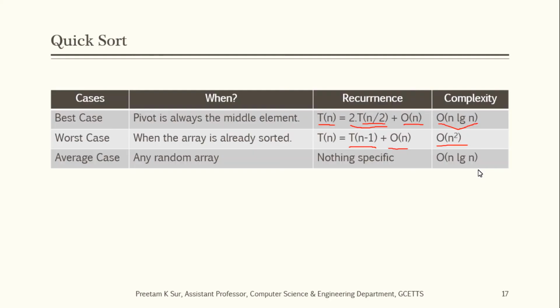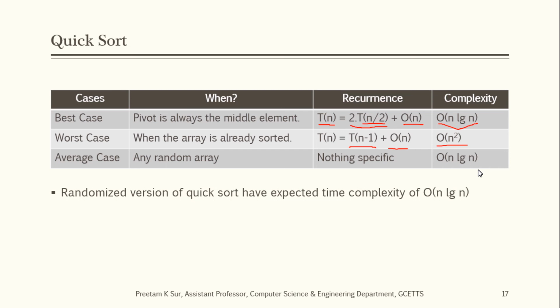That's why quicksort is generally preferred over other sorting algorithms. You can also say that merge sort or heap sort also take order of n log n time, but the constant factor in those algorithms is higher. You can understand that in merge sort we have to allocate external memory for placing elements to and fro, right? So that is going to take some time, which is again a constant factor. So in those algorithms we have a higher constant factor as compared to quicksort. So that's why quicksort is generally preferred over other sorting algorithms.